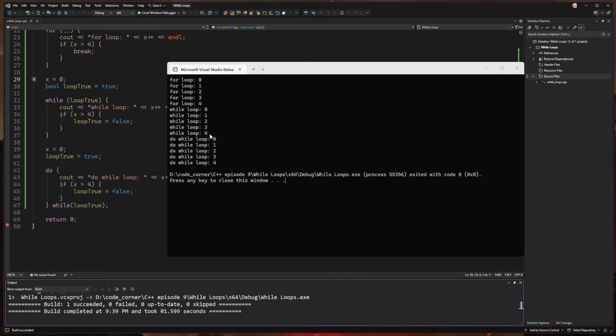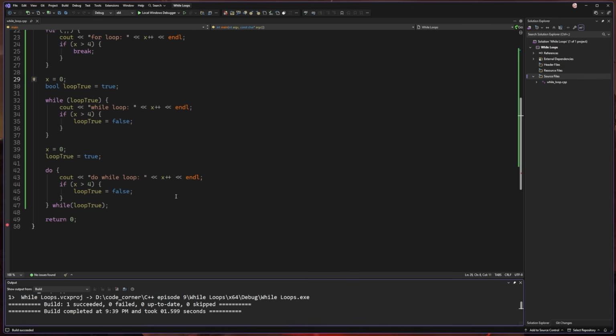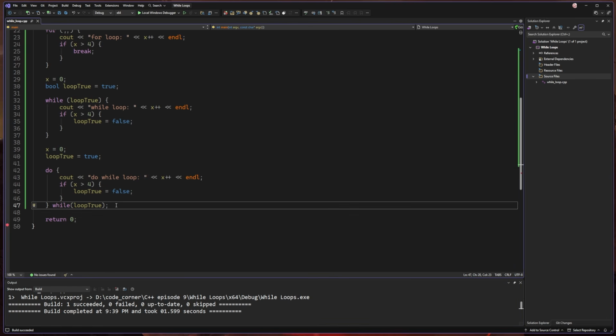So there's my while loop, went 0 to 4. Then I reset both of my variables back to their original values, and my do while was 0 to 4. Again, they're exactly the same as long as you have the same inputs. Note to self that I will ignore once again. But there was one thing,